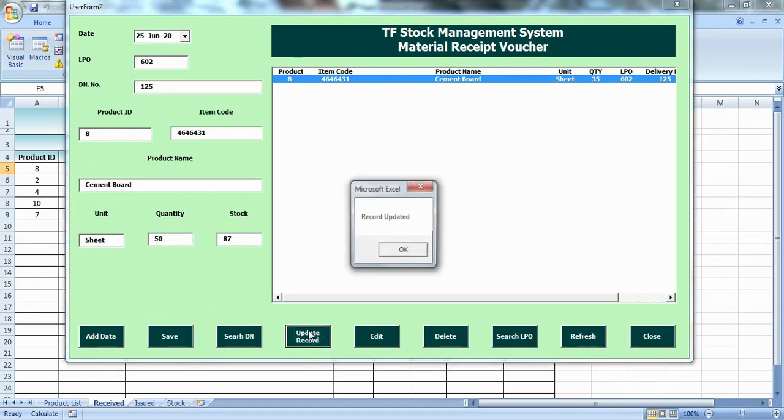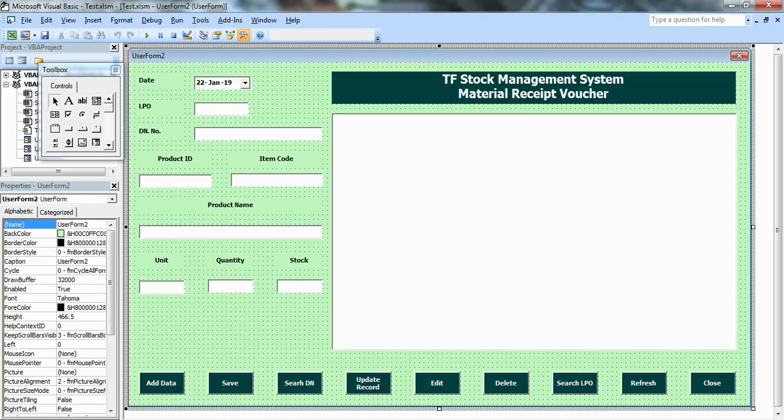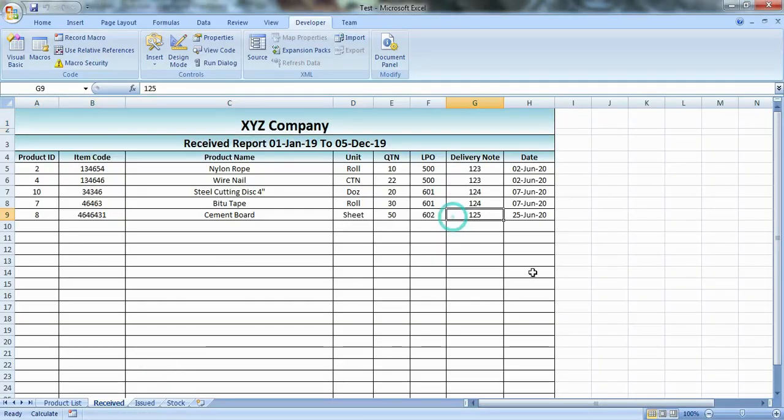Oh sorry, because I did not edit the record, now I will edit this again. It is 25 June and 602, update the record. Okay, now you can see this record came down, and the changes we have made are also reflected here.